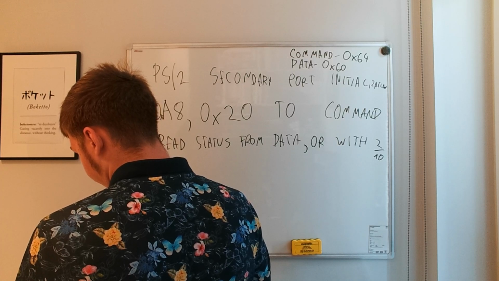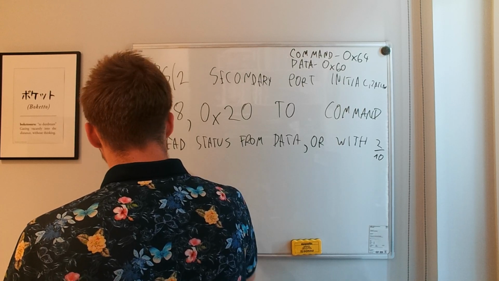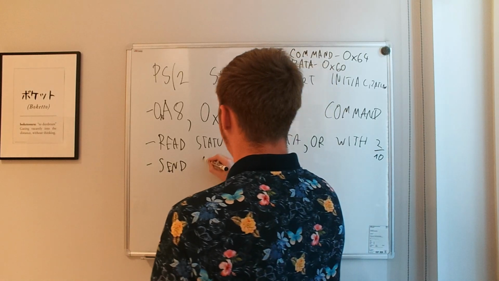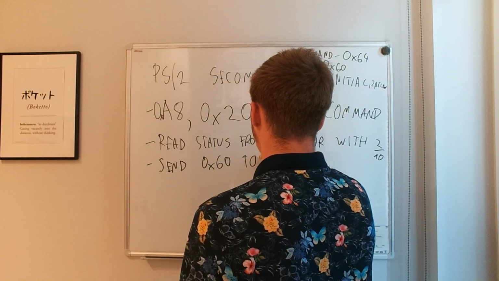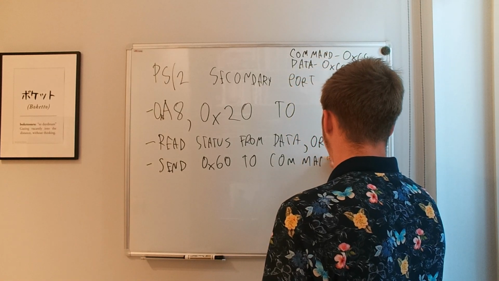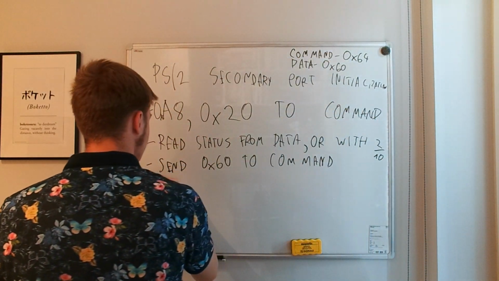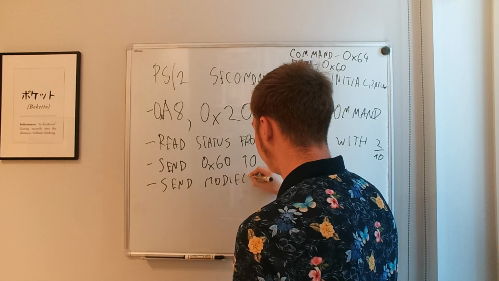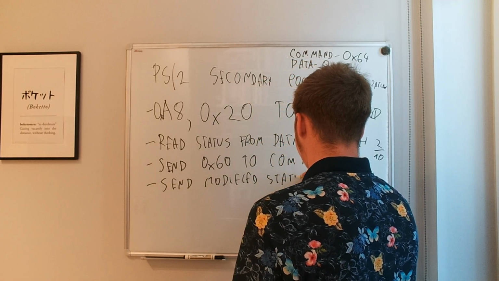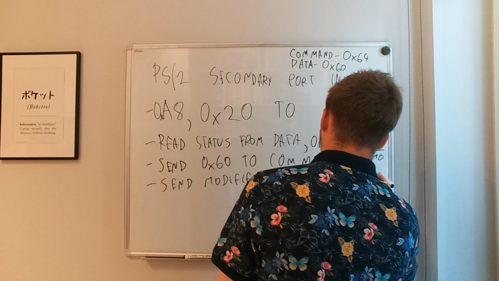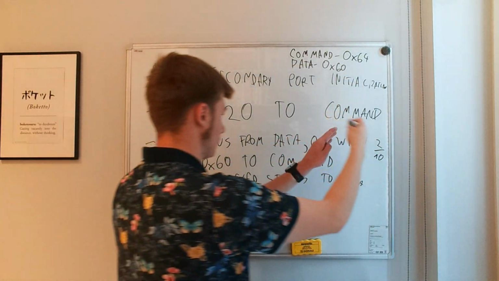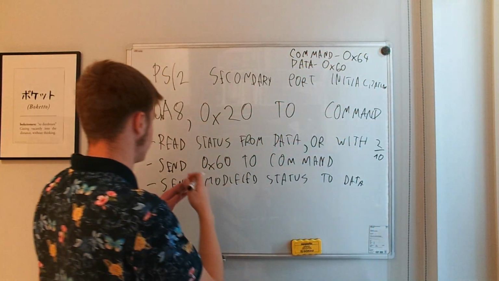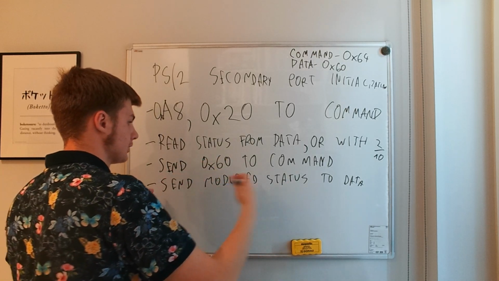So we have to send hexadecimal 60 to the command port, and then send the modified status to the data port. So you can save this in a variable, you can OR it with 2, then you send to the command port, so 64, you have to send the byte 60, and then you can send the modified status